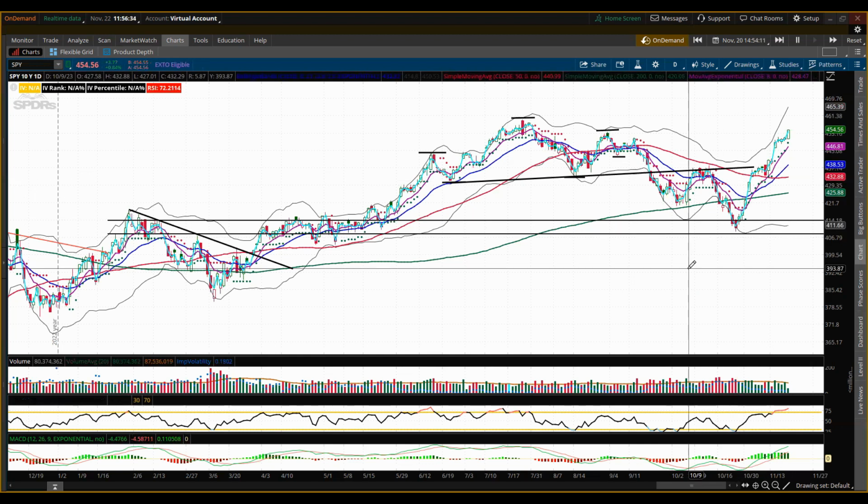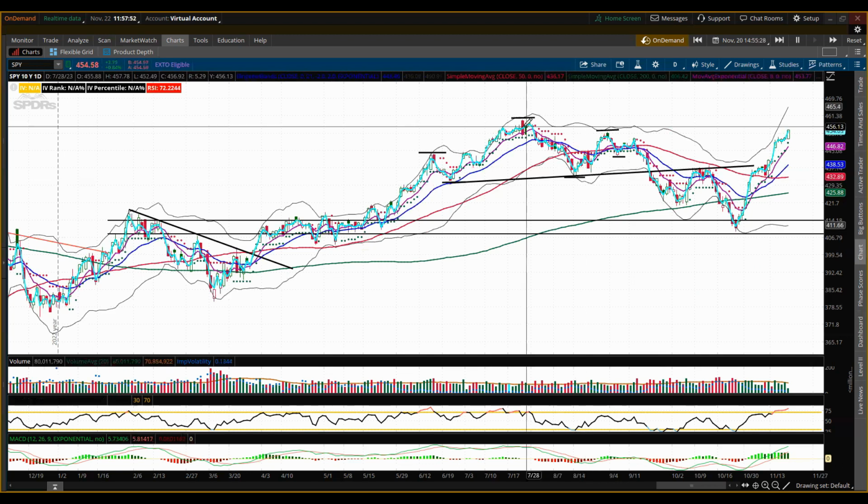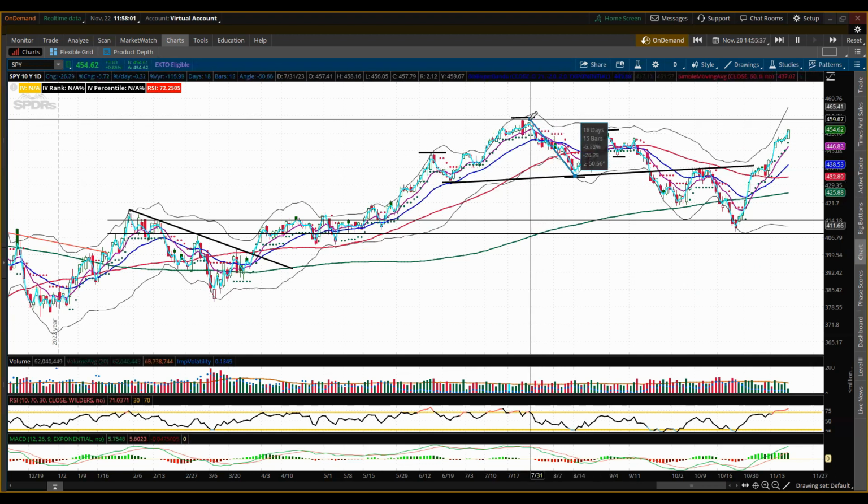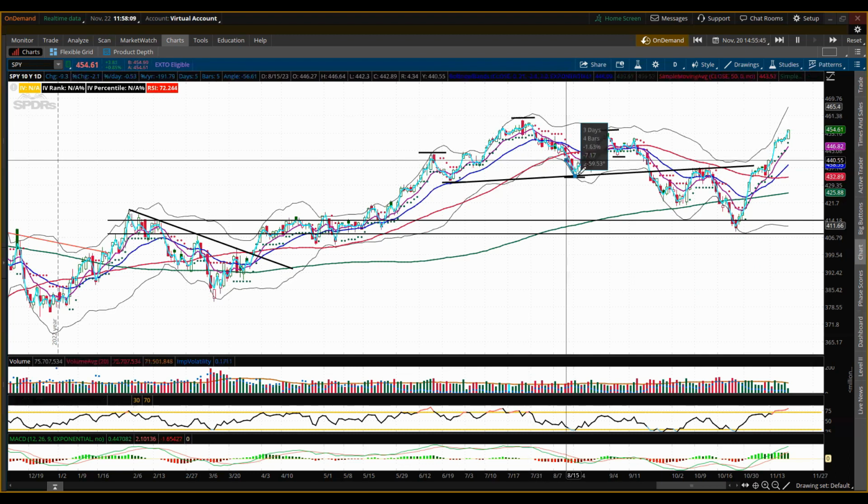Now, the other thing that's really nice about these head and shoulder patterns, there's a way to calculate the expected move once the pattern breaks. And here's how you do it. All right, so what you do is you measure from this low, so basically the low after the head, which is in the middle of the pattern, you measure from there up to where the peak was. And you can see we get right around 25 and a half points